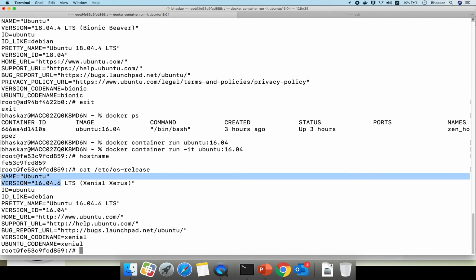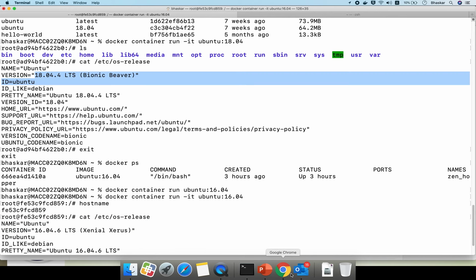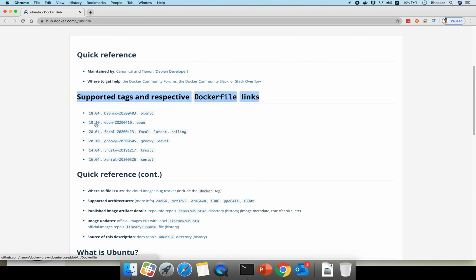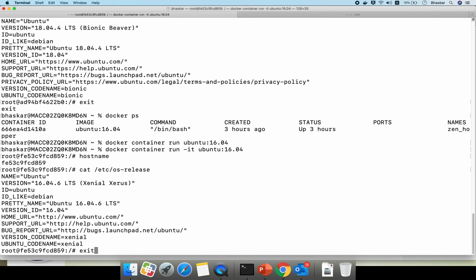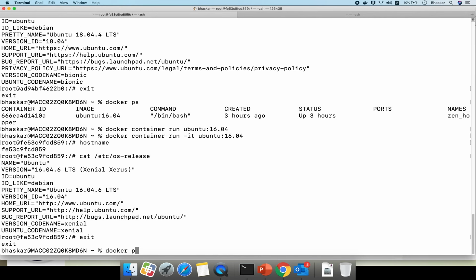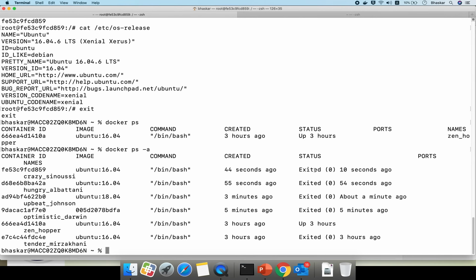You are really inside your virtual machine. If you see here, this one is 18.04. In that way you can tag whatever virtual versions you need. By using these versions, you can pull from the hub, you can run in this way. If I do exit, no container will be running, docker ps. This one more container is already running, I will explain this in the next part. If you see docker ps -a, what will happen, see, exited 10 seconds ago, 54 seconds ago.